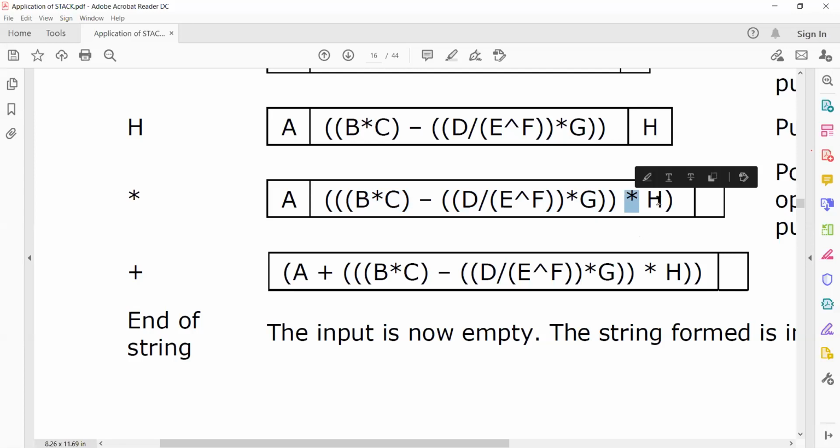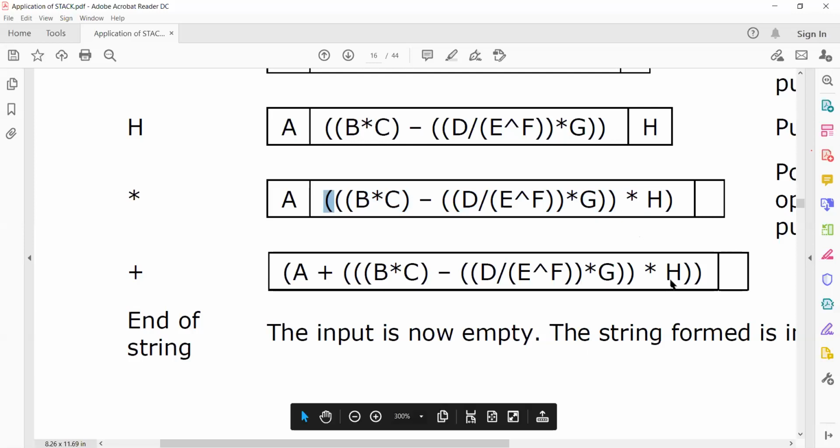One second, someone is asking a doubt. Why are we not taking minus after taking B star C? Why are we not taking minus after beta? See, simple. How can you take this minus? Because consider this expression.